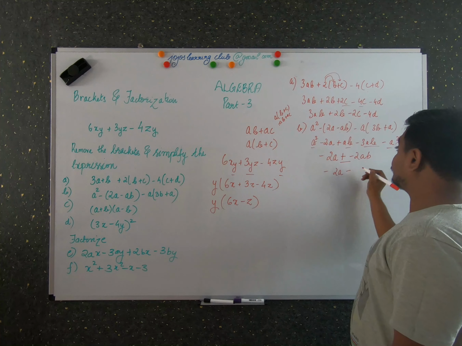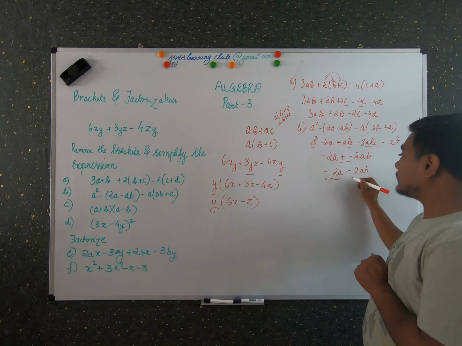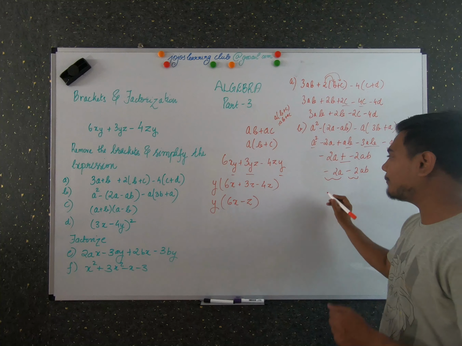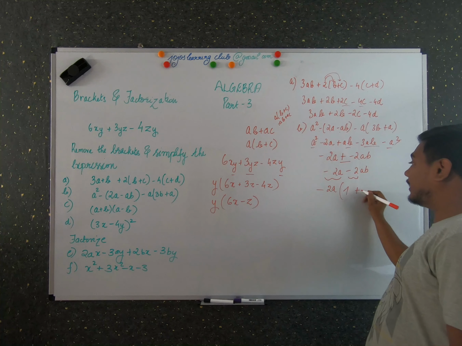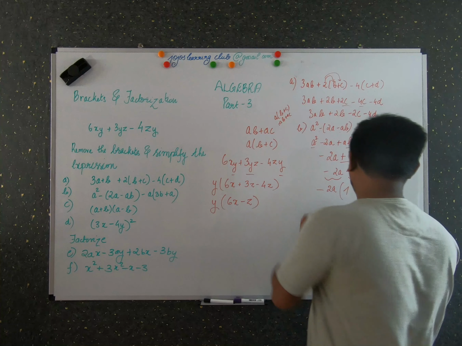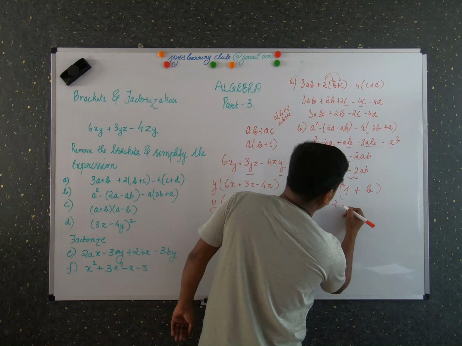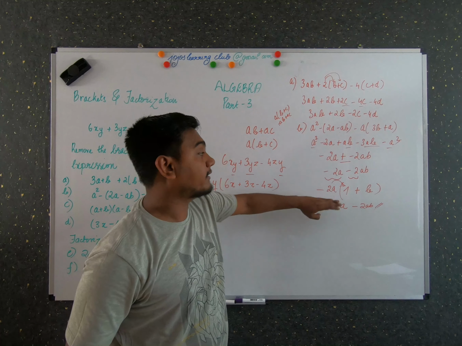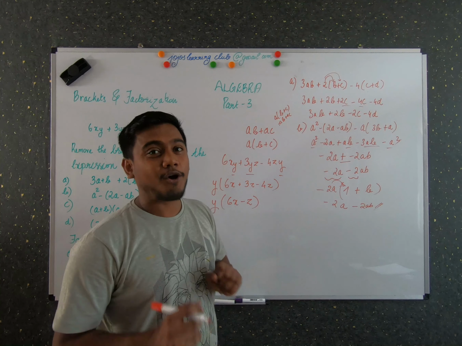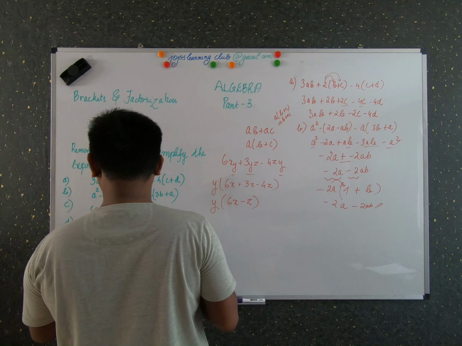Again you have minus 2a here, and ab minus 3ab, which is nothing but minus 2ab. So minus 2a minus 2ab. Seeing this expression, what do you see as the common factor? I see minus 2a in both. So I'm taking minus 2a outside. What would be the balance here? 1. And what would be here? Plus b. If you have any doubts, just rewrite it again: minus 2a into 1 plus b gives minus 2a minus 2ab. It's the same value, and this is what factorization is all about. And the next problem is C.